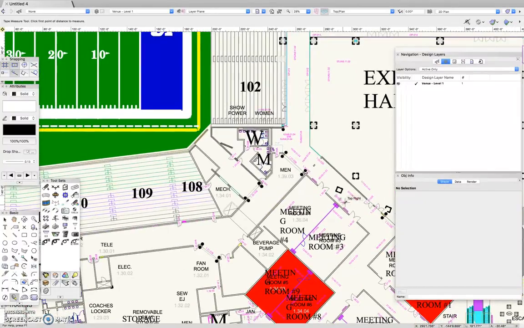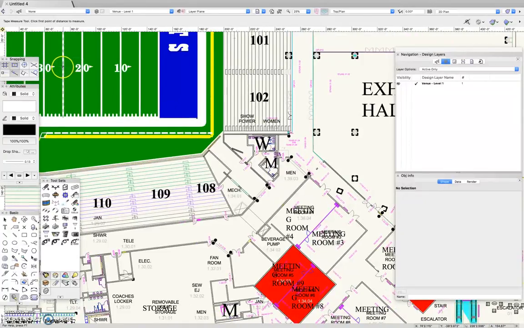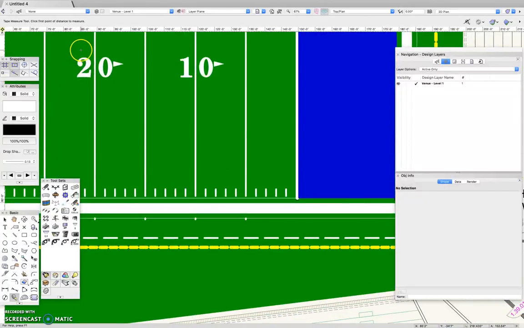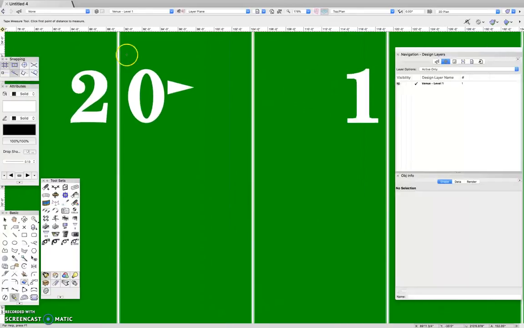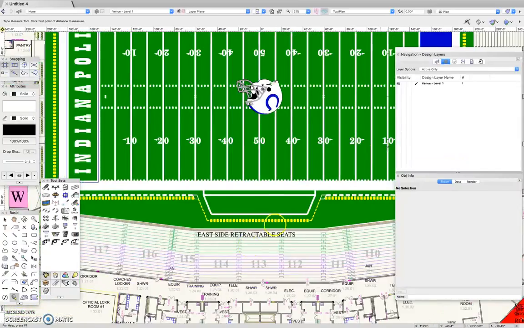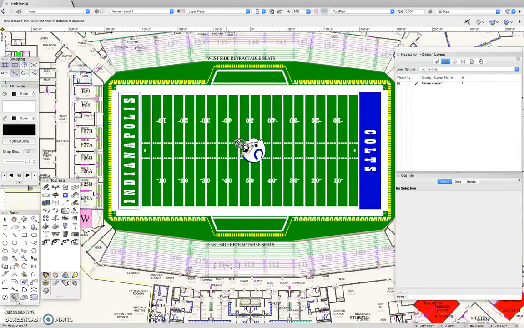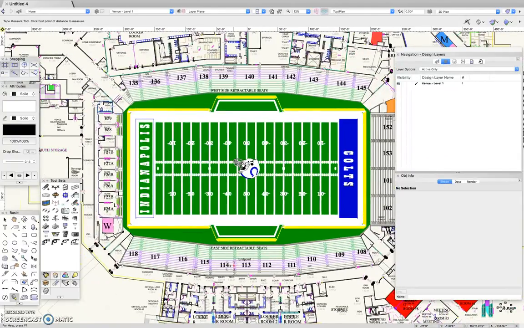Super nice thing about this shell is there's a football field in the middle of it with basically a giant 300-foot ruler. So let's just take a measurement across a 10-yard line, and it comes out to be 30 foot exactly. That has me convinced that our scale on this is spot on,